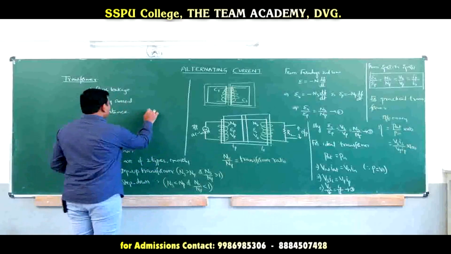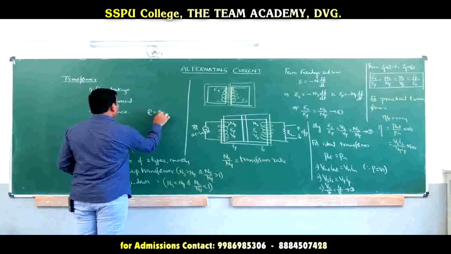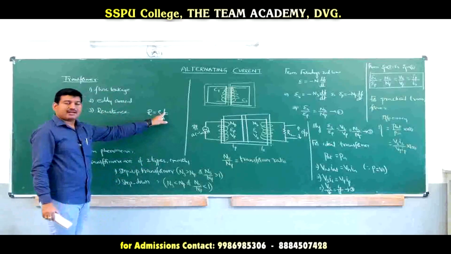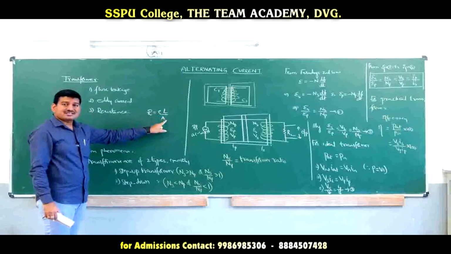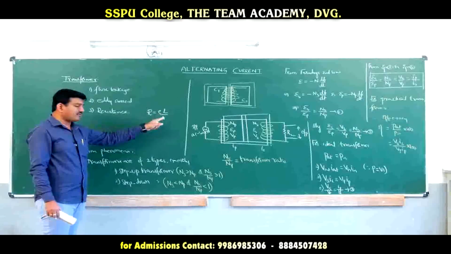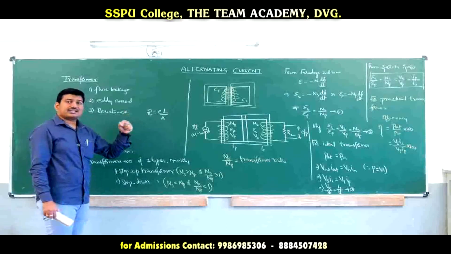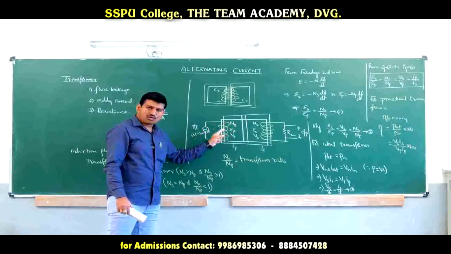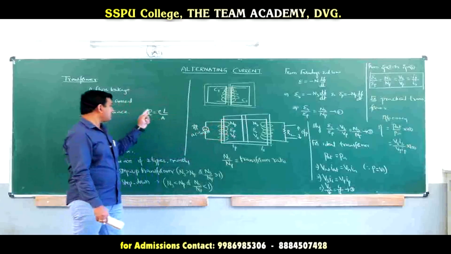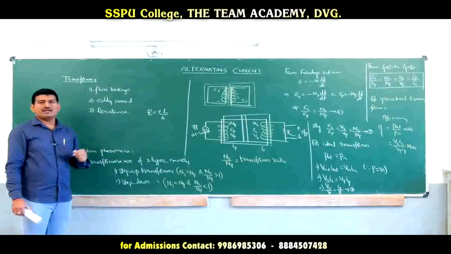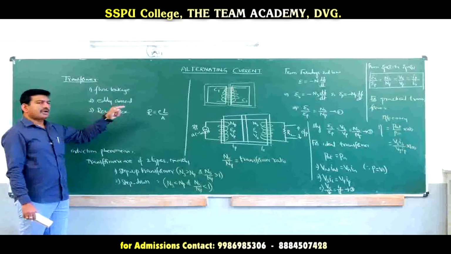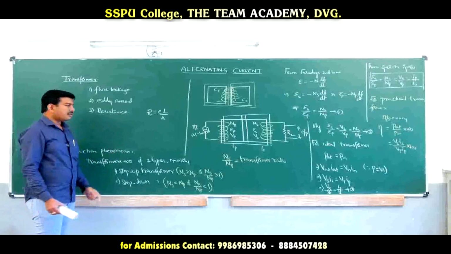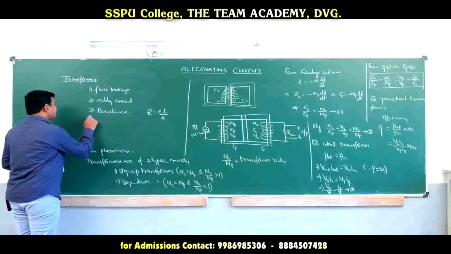In current electricity, we have studied that R is equal to rho L by A. As I cannot change the length of the wire, I can change the area of cross section of the wire. So, using thick wires instead of thin wires as a coil, the resistance will be reduced and the heating effect will be reduced. Therefore, we can increase the efficiency of the transformer. This is another parameter. Next one is hysteresis loss.